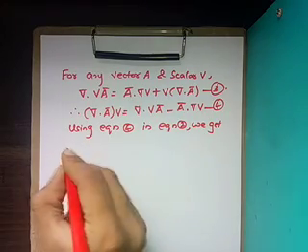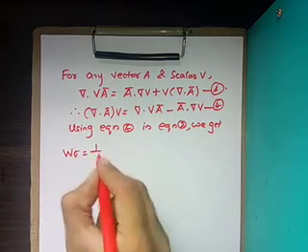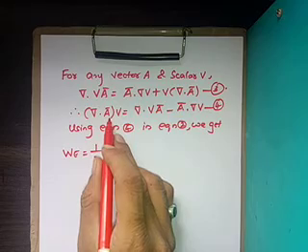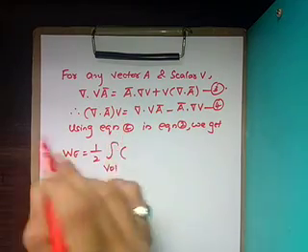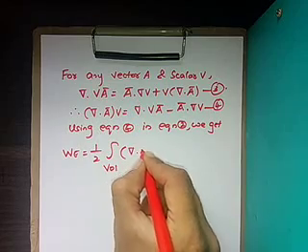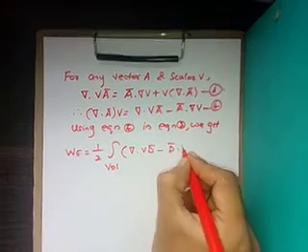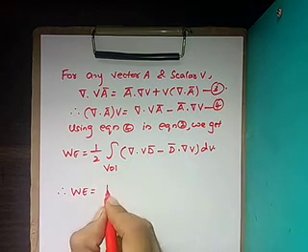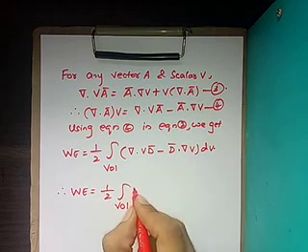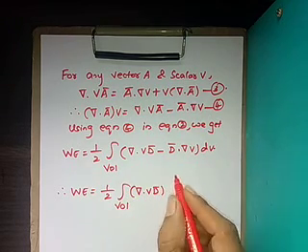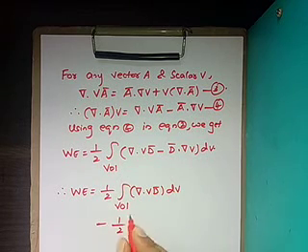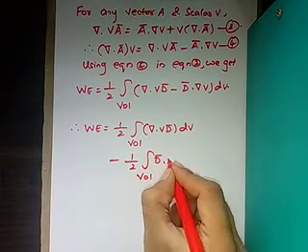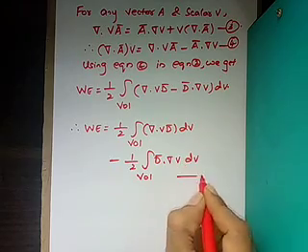So here we get WE is equal to 1 upon 2 volume integral, right? So del dot, instead of A bar we have d bar of V in the equation 2. So accordingly we can write del of V d bar minus d bar dot del V dV. Therefore WE is equal to 1 upon 2 volume integral of del of V d bar dV minus 1 upon 2 volume integral d bar dot del V dV. Take it as equation 5.